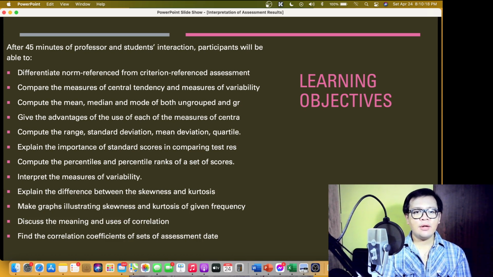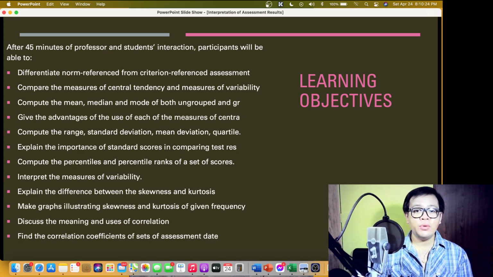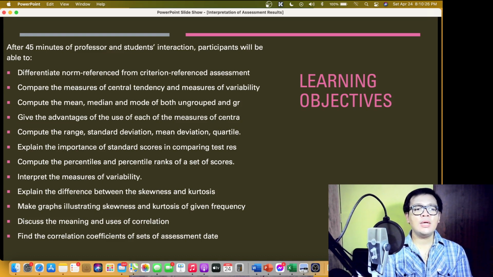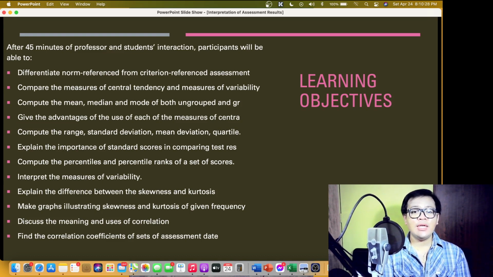assessment, compare the measures of central tendency and measures of variability, compute the mean, median, and mode of both ungrouped and grouped data, give advantages of the use of each of the measures, compute the range, standard deviation, mean deviation, and quartile, explain the importance of standard scores in comparing test results, compare the percentile and percentile ranks